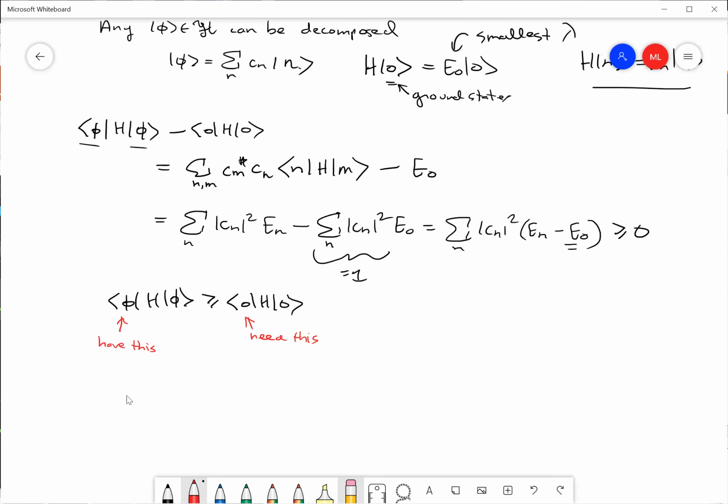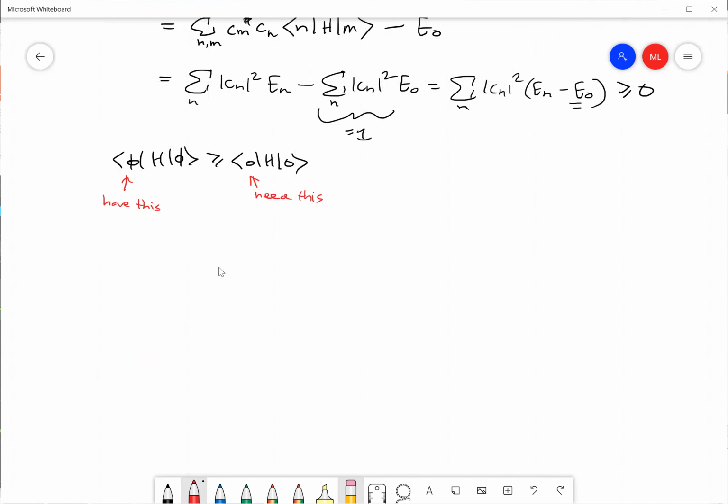So that's what you do. You use your imagination to construct some arbitrary phi that will be a function of some parameter, or maybe a set of parameters if you're really ambitious. It's some parameter you can vary, right? And then you calculate this expectation value, and hopefully it is easy to calculate. It typically is, right? It's typically just taking some integrals, because even if H is complicated, expectation values of it are usually easy to calculate because it's just some set of derivative operators with some coefficients. So you just end up doing some integrals, and you pick a simple enough trial function where you can do the integrals. But you pick one that's a function of some parameter alpha,